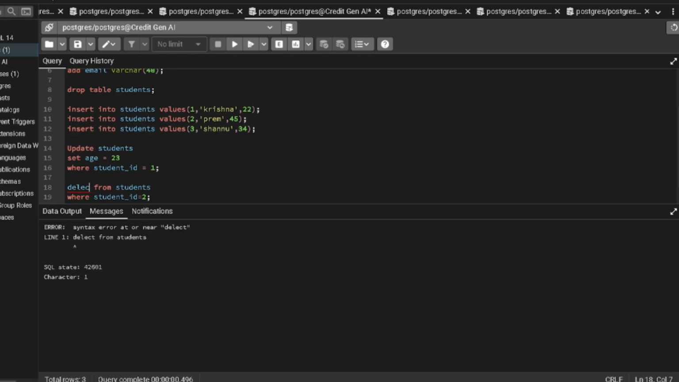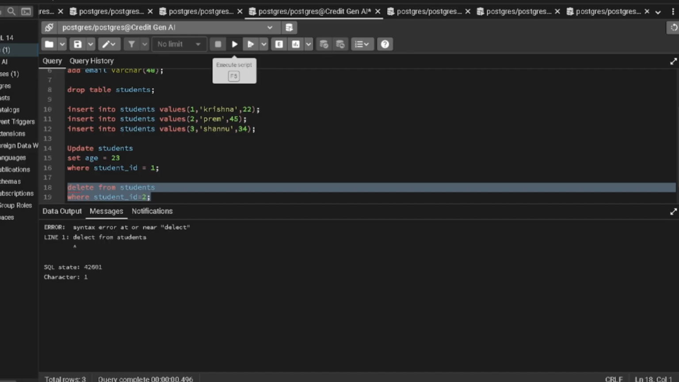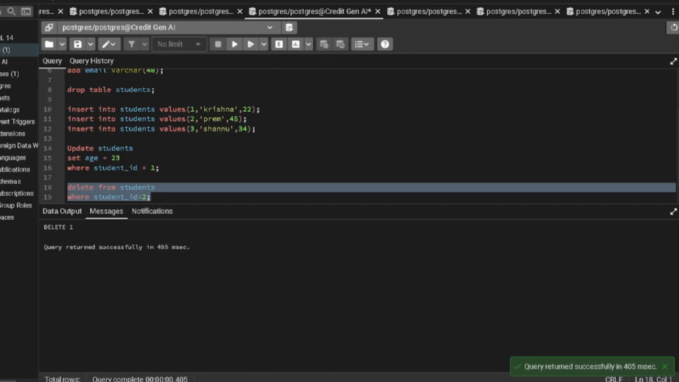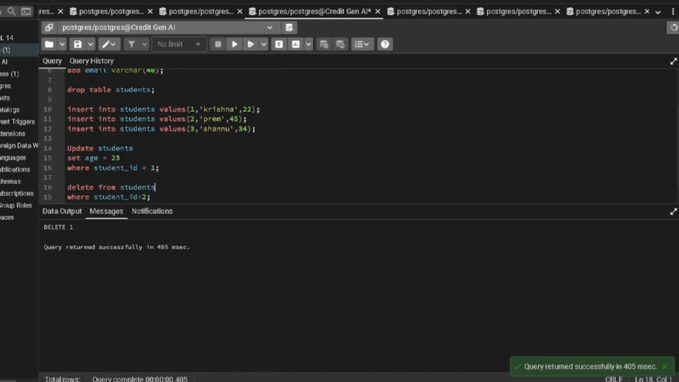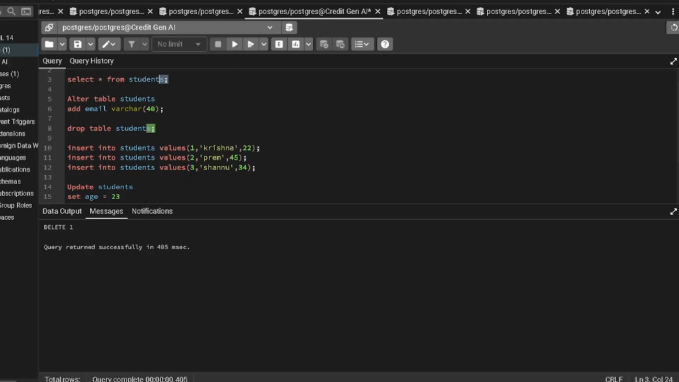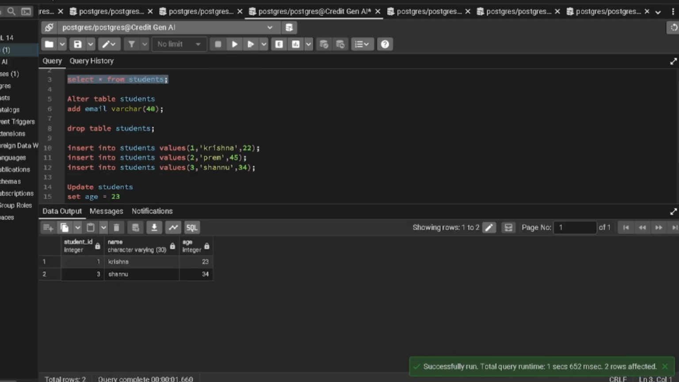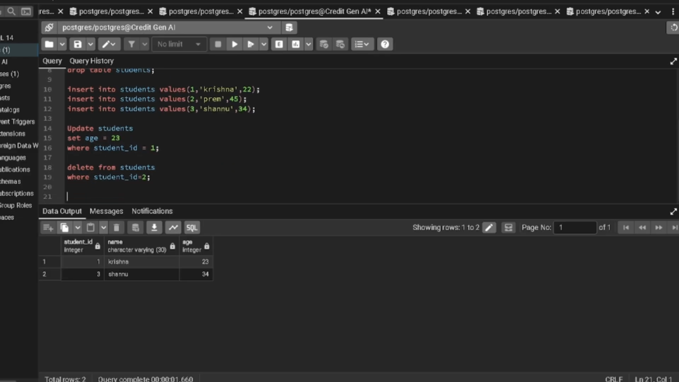Sorry, I made a spelling mistake. Yes, now it will work. Yes, deleted one student. Just check whether it is deleted or not. Yes, it is deleted. So now we have learned about DDL commands and DML commands also, data manipulation language and data definition language. Now we will dive into